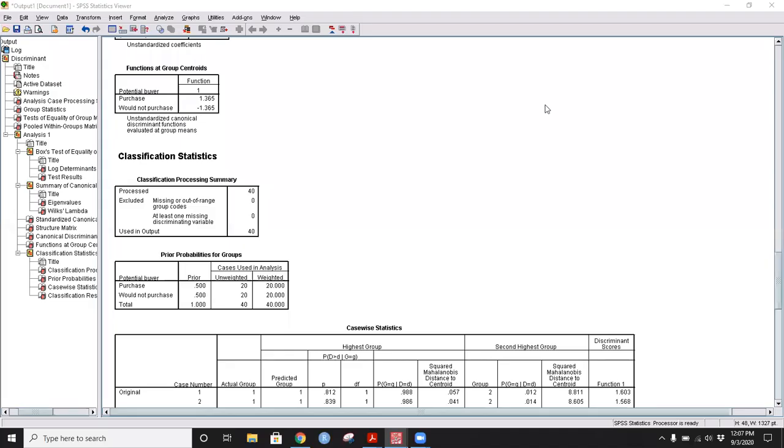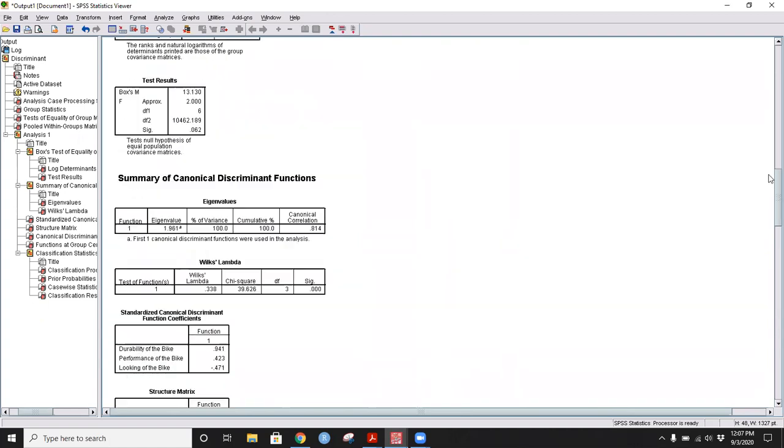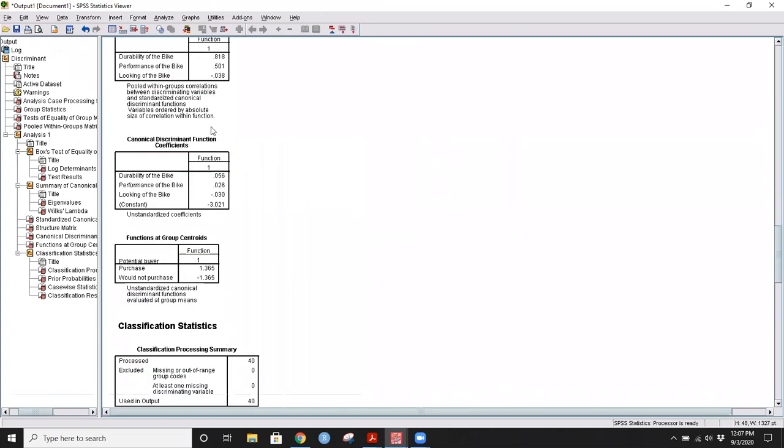Hi everyone. As we are doing the discriminant function analysis, this is the last video in the series, and in the earlier lecture I explained the outputs obtained from our data set until this particular part. We were successfully able to understand the discriminant function, which ultimately is the need in discriminant function analysis. The idea is to give us a discriminant function which will allow us to make the ultimate classification.